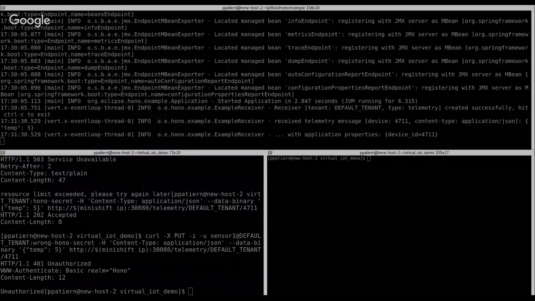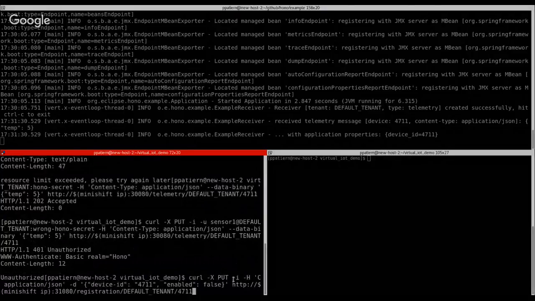Or, for example, the device needs to be enabled to be able to send data to Hono. Interacting with the device registry that we have as an example in Hono, I can disable this device. So I am sending a JSON payload saying to Hono that I am disabling this device.